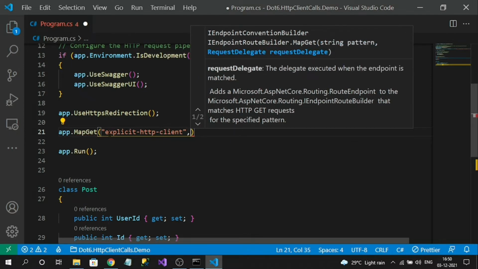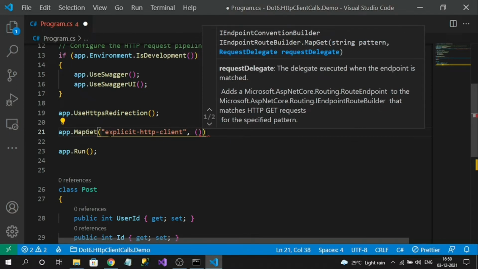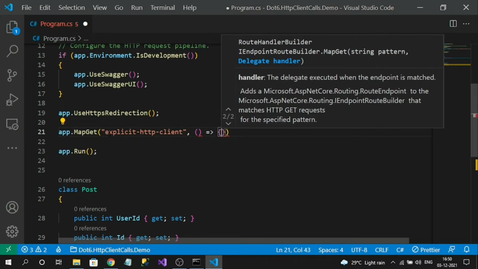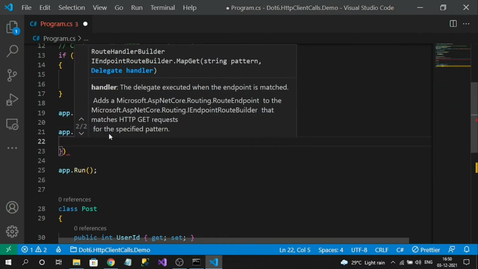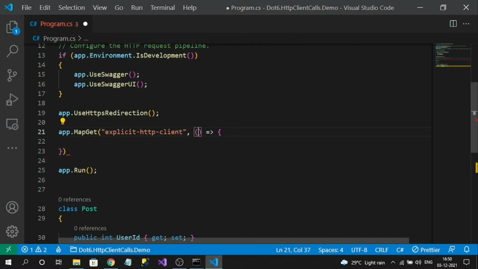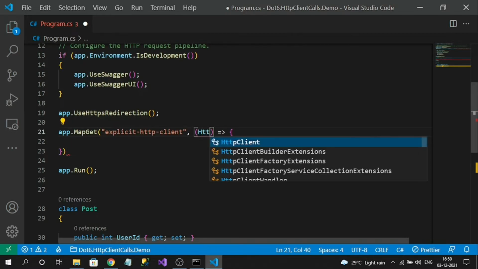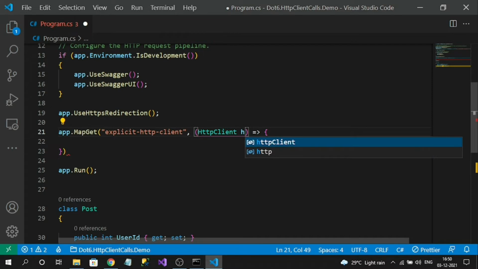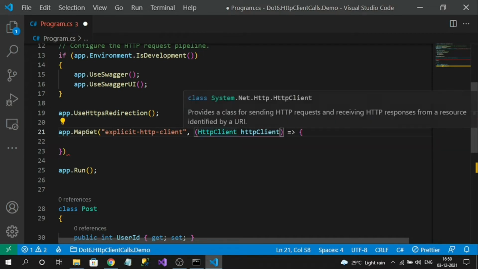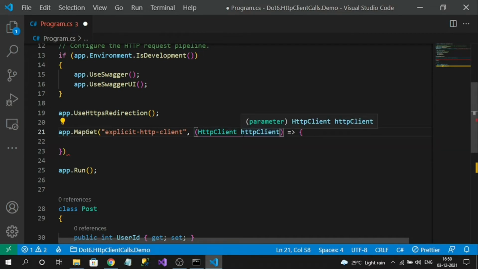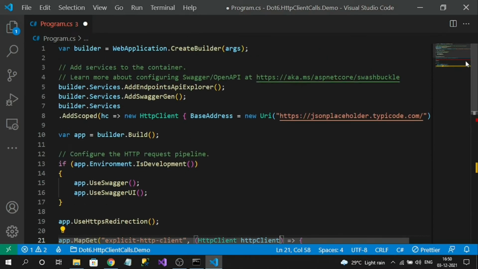The second parameter will be the delegate method, where I have to write my logic to return the response. Here I will pass HttpClient as an input parameter, and the instance for this variable will be automatically passed by the framework itself.